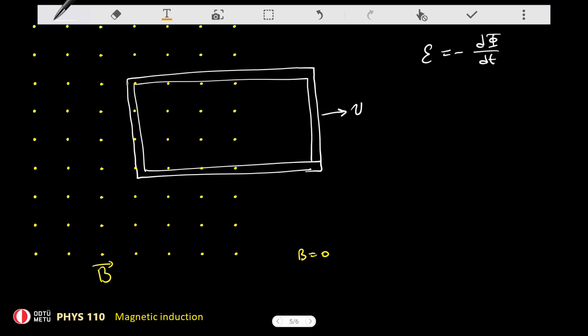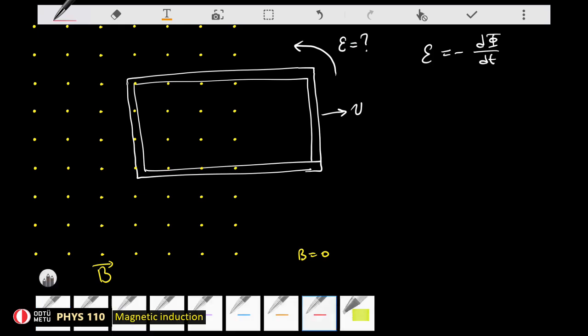What's the direction of the induced EMF in here, right? To be able to find this, I just choose a direction. Doesn't matter what it is. And I would like to find the EMF along that direction. But for now, I would like to understand whether this EMF is negative or positive, right? So I chose a direction. So by convention, therefore,